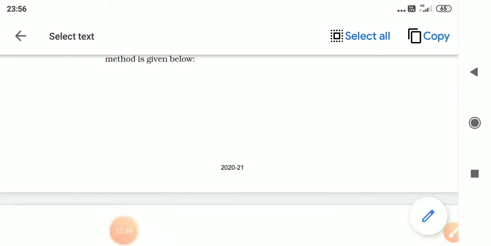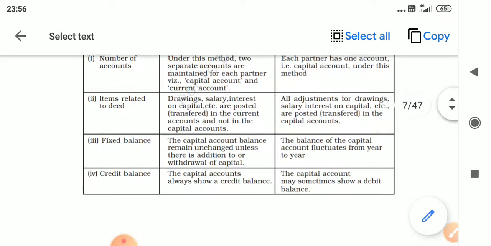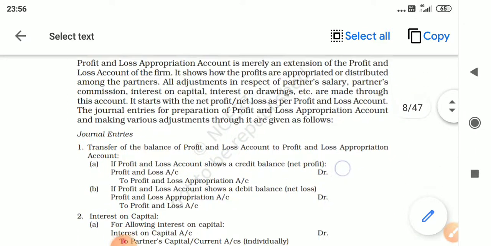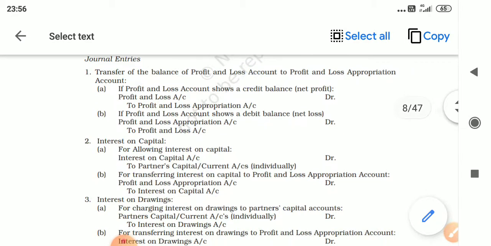Now, I told you that in practice, actually, the capital account is prepared first and the profit and loss appropriation account is prepared later. That can be seen even through the journal entries. See, these are the journal entries which you have already taken down in your notebooks. Now if you see these journal entries, the first thing is that the net profit is transferred to profit and loss appropriation account, or if it is a loss, the loss amount is transferred to profit and loss